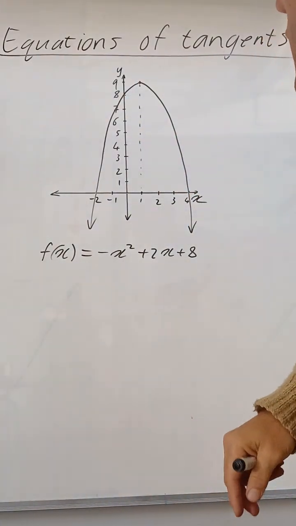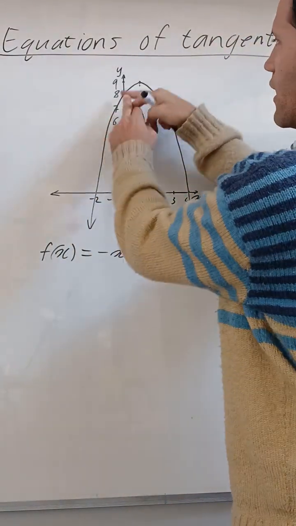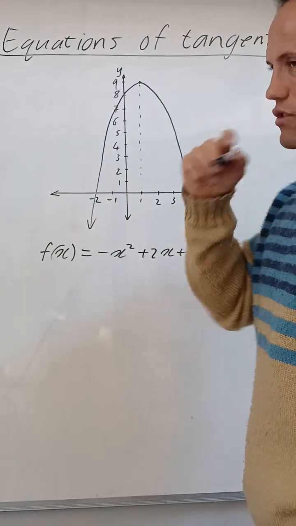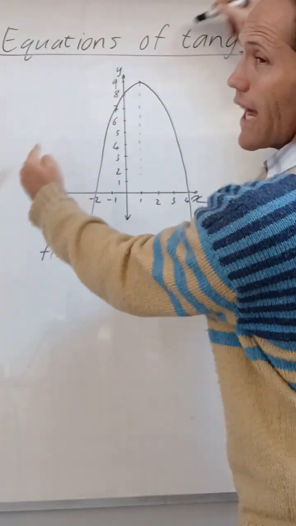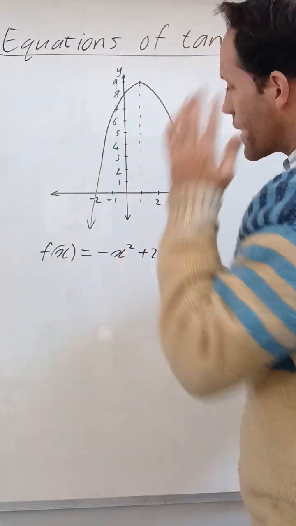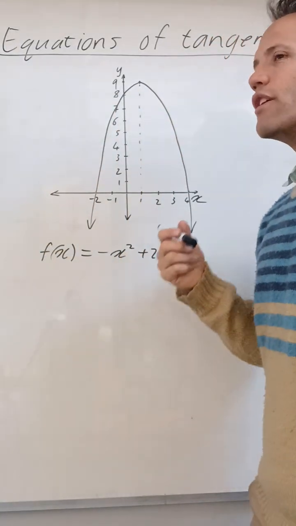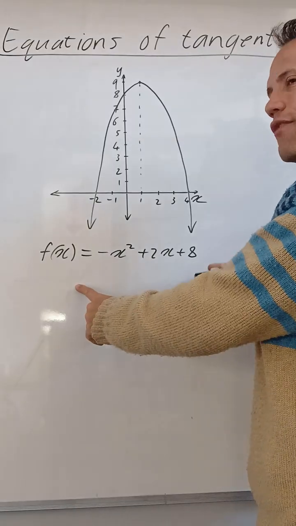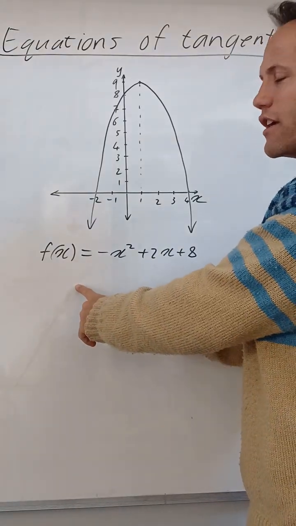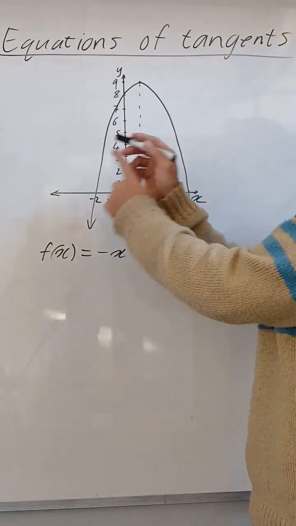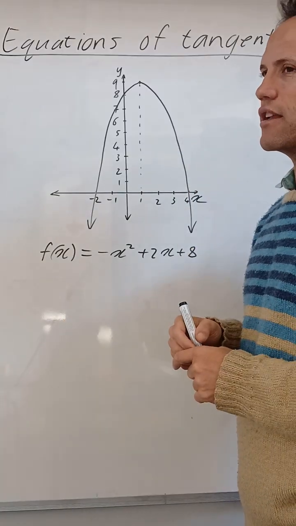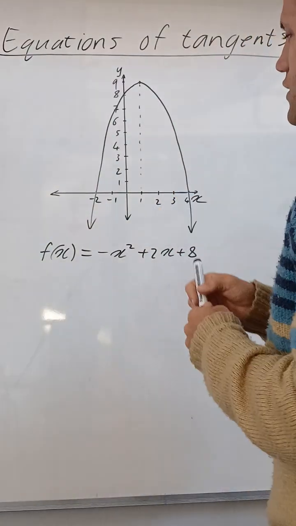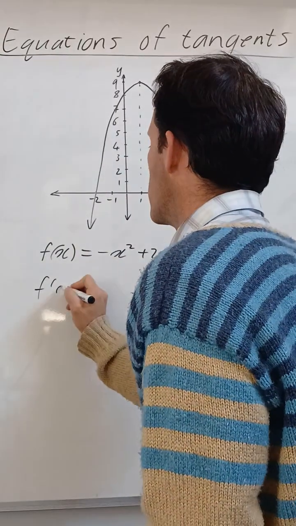Now, how do we find the equation of that line? The first thing you want to find is the gradient of that line, because it's going to be a straight line. But what's the gradient of that line? Remember the derivative, what we did with f(x+h) minus f(x) over h: the derivative is actually the gradient of the tangent line.